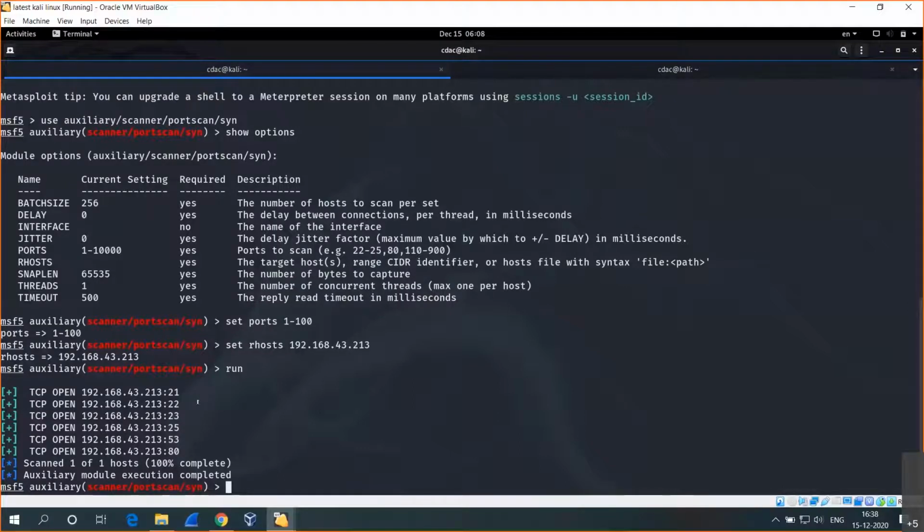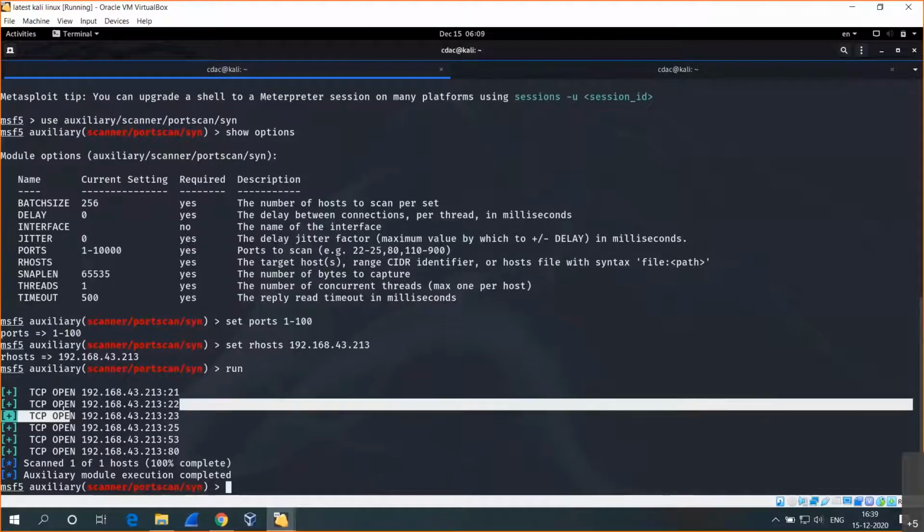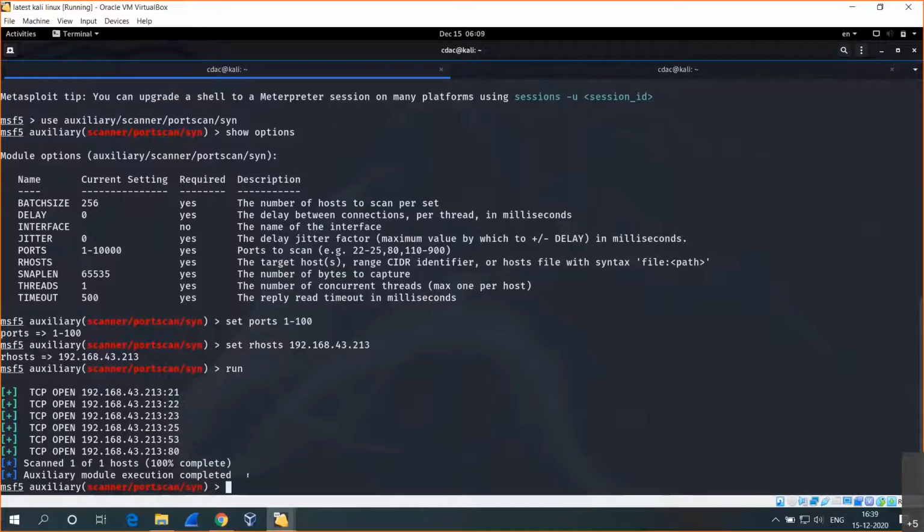So we can do the vulnerability analysis using the Metasploit directly, and the advantage of that is we don't need to import any of the vulnerabilities data. By default, it will import, and it will show what are the exploits that it has. It will highlight that. So in this session, what we will do is we'll try to exploit the port number 22. 22 is the SSH. Basically, we use the SSH for the remote access.